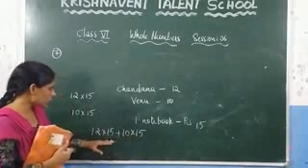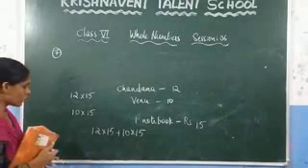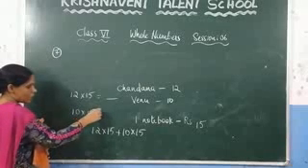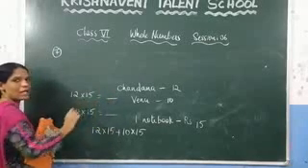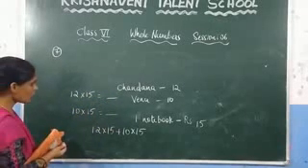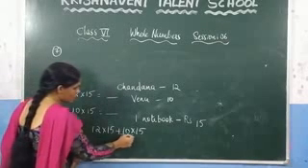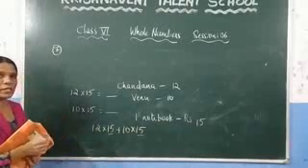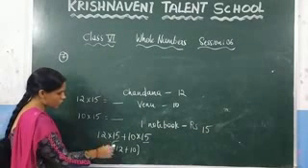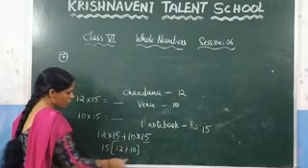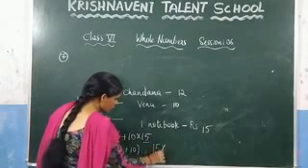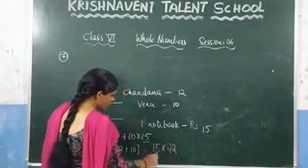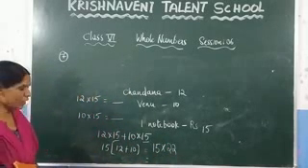Here, you can observe that at this step, you can calculate 12 into 15 and write this answer, and you can calculate 10 into 15 and write this answer. You can add it here. But you can also observe that in 12 into 15 plus 10 into 15, 15 is there in both. By using the properties of whole numbers, with 15 common, what is left out here is 12 plus 10. What is the value of 12 plus 10? Which is nothing but 22. And you can multiply these two values so that you will get the answer.